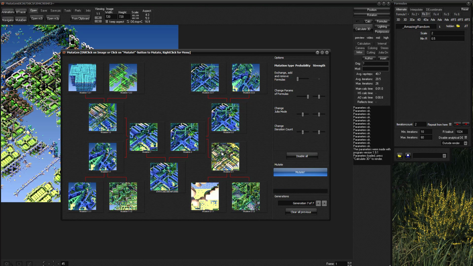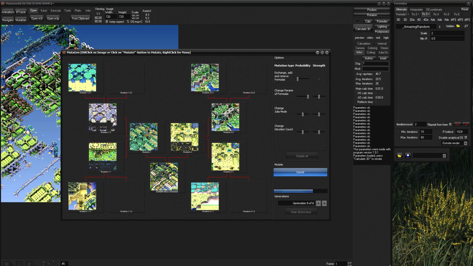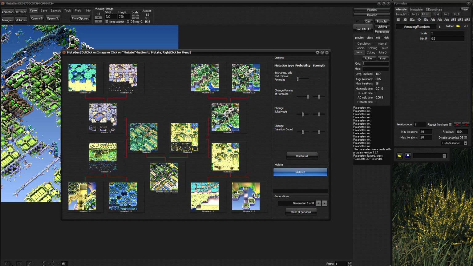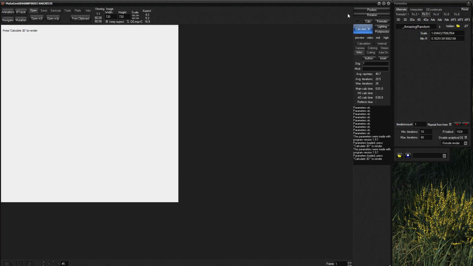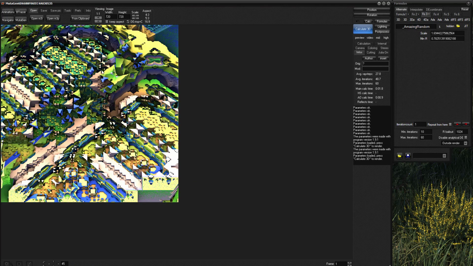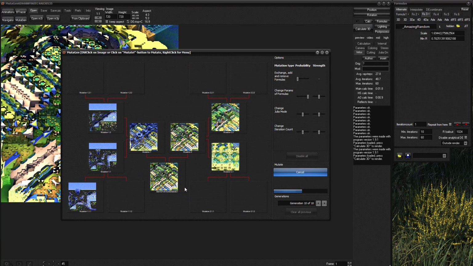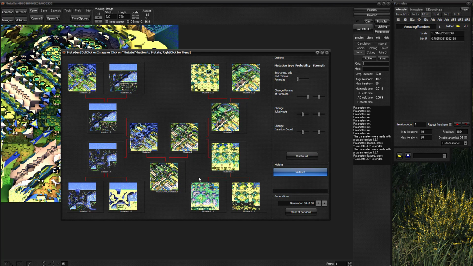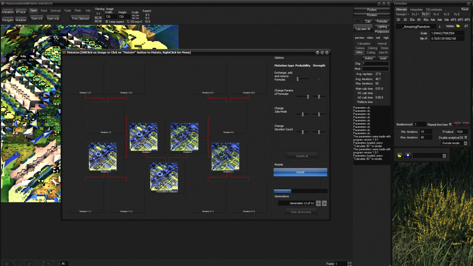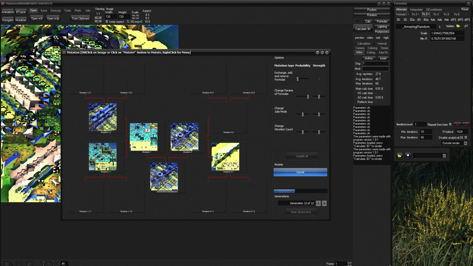I think we will use this one for the tutorial, it will be okay. So imagine you like this one, you can go there, calculate. No, I don't really like this one. So you see, you just have to keep changing and try to find something that you like.